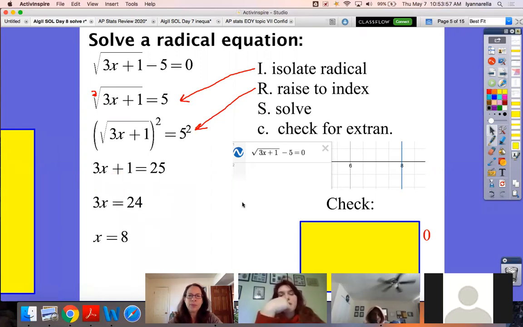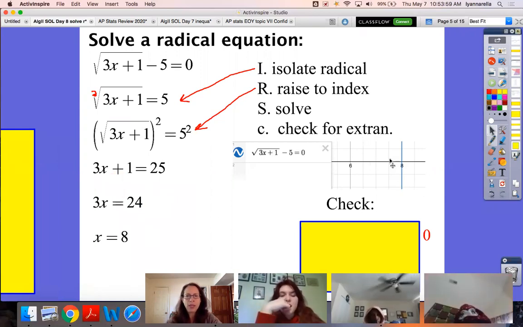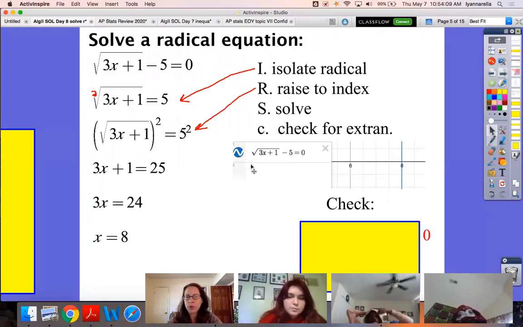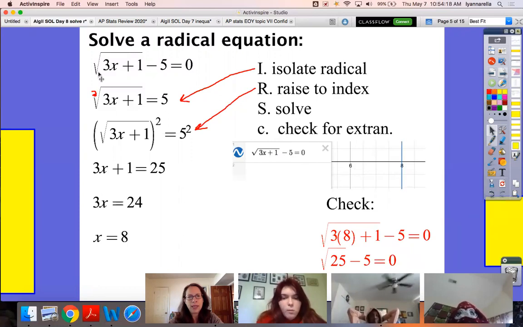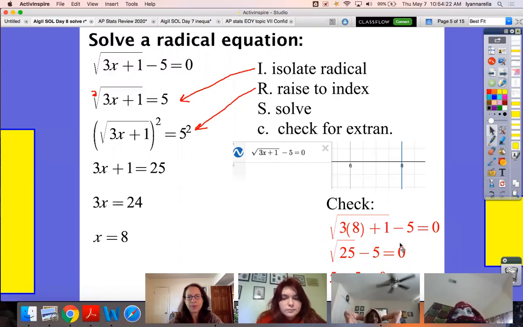I'm showing you how it can be checked in Desmos, but in no way is this acceptable work. People will do this because they'll think it's okay, it's cool, she showed me how to do it in Desmos, so that's my work. Nope, this is work. This is the check you can do privately, but don't send me any of this. The real check is if you plug that 8 into the original equation, you should get a balanced equation, and you do. Okay, any questions on how you solve a radical equation?